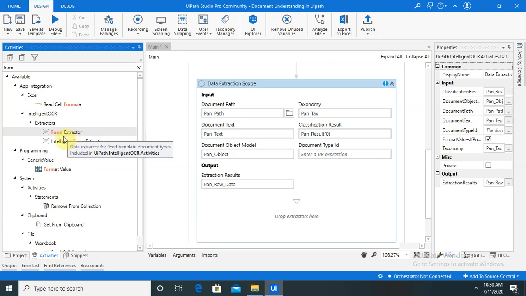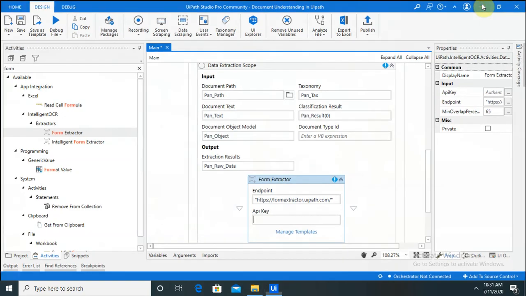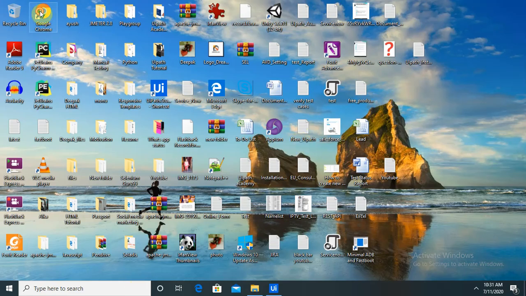Form extractor is our activity. Drag and drop here, and you can see that the endpoint is already mentioned, so we need to copy our API key. You can get the API key from platform.uipath.com. Don't worry about that, I will mention the link in my description tab.